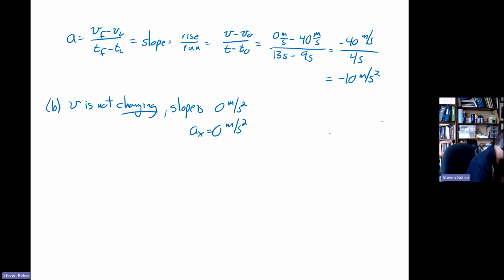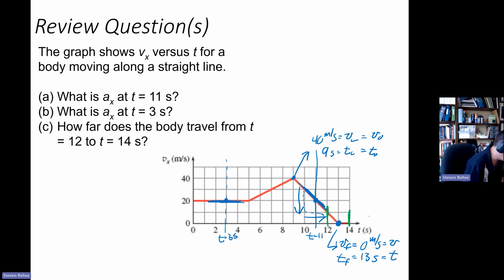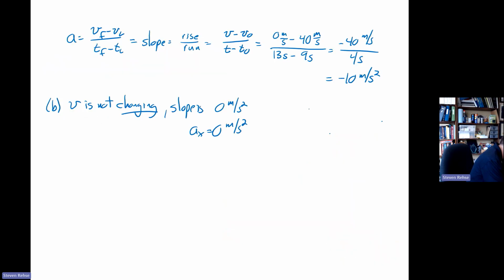All right, last thing to do. How far does the body travel from t equals 12 to t equals 14 seconds? To do this, we need to calculate the area under the curve. All right, so I'll go back to green. Part C, the area under the curve of a V versus T graph